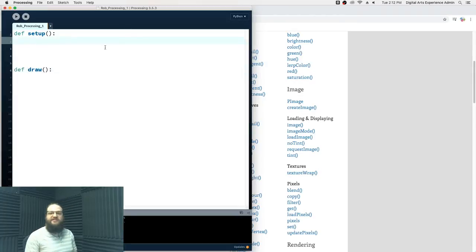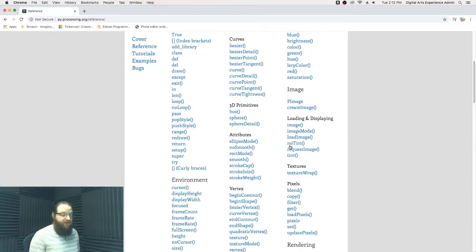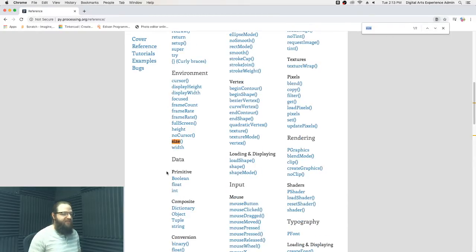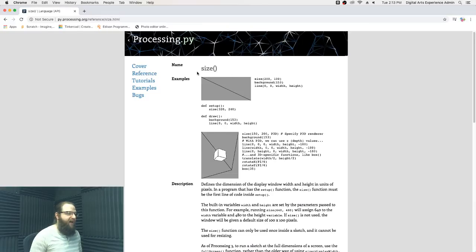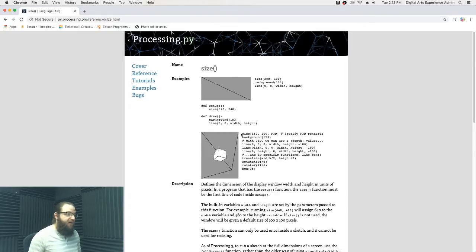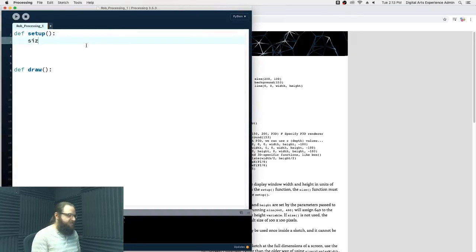So first things first, let's set up our screen and let's set up our background color. I know what the function is to set up the screen size, but I'm just going to show you if we search for size in our documentation, we have this environment section and one of the functions is size, and size defines the dimensions of the display window, width and height in units of pixels. So the function is literally just size, and you can see right here in our setup function, this example is setting a size to 320 by 240. I'm going to set the size to 500 by 500,